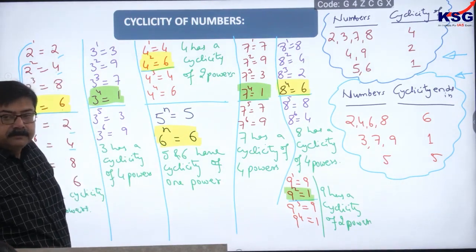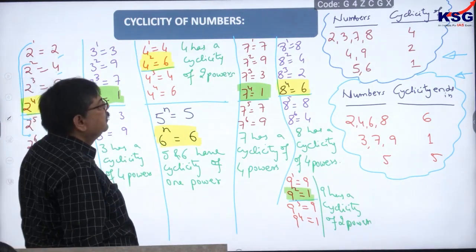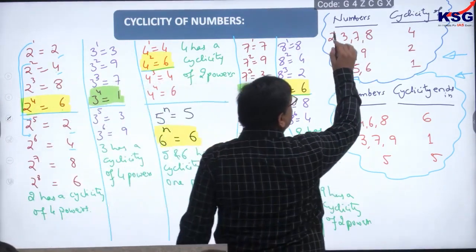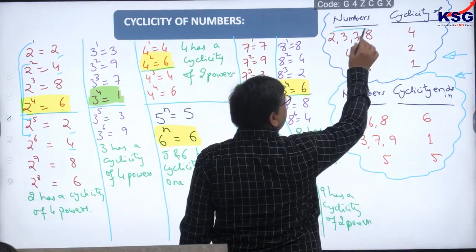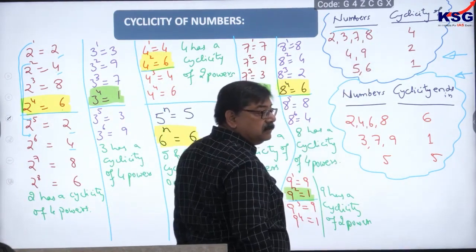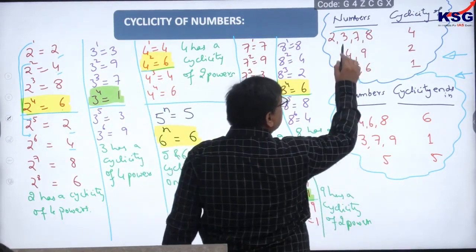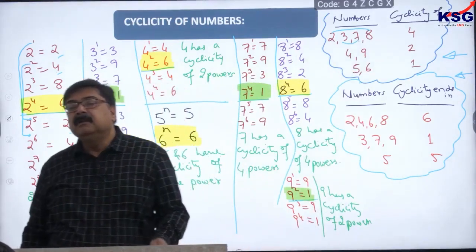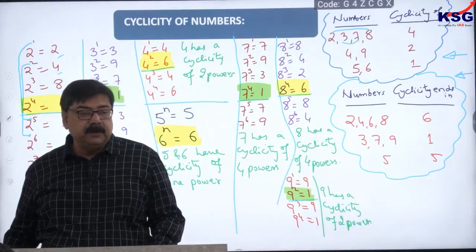Done? Okay. Now once again, let me just point out that these numbers like 2, 3, 7, 8, 2 and 8, are complements of 10. 2 plus 8 is 10. 3 plus 7 is also 10. Now 2, 3, 7, 8 are very important digits or numbers from the point of view